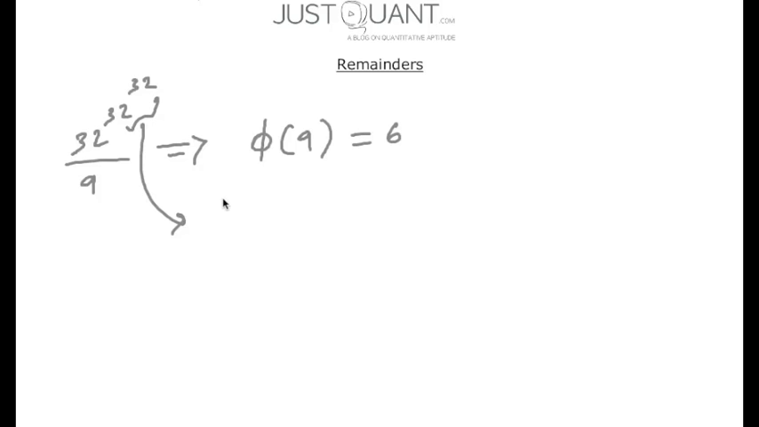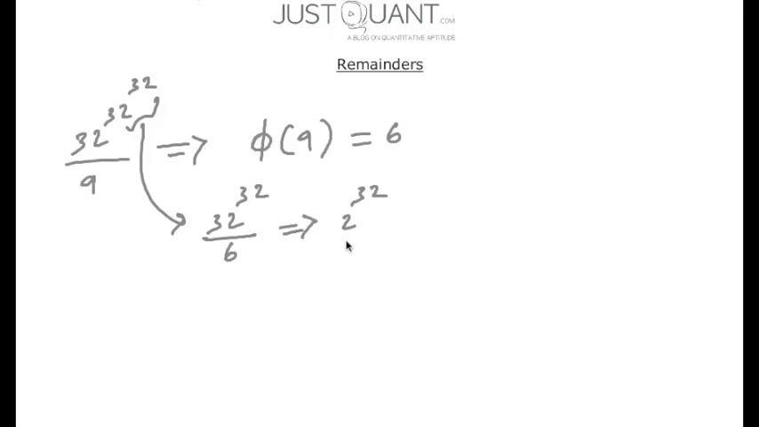Let's now try to calculate the remainder of 32 to the power of 32 to the power of 32 when divided by 9. Here we see that both 32 and 9 are coprimes. So I can apply Euler's theorem and calculate phi of 9, which gives me 6. Okay, so now divide the exponent 32 to the power 32 by 6. So 32 when divided by 6 gives us remainder 2,